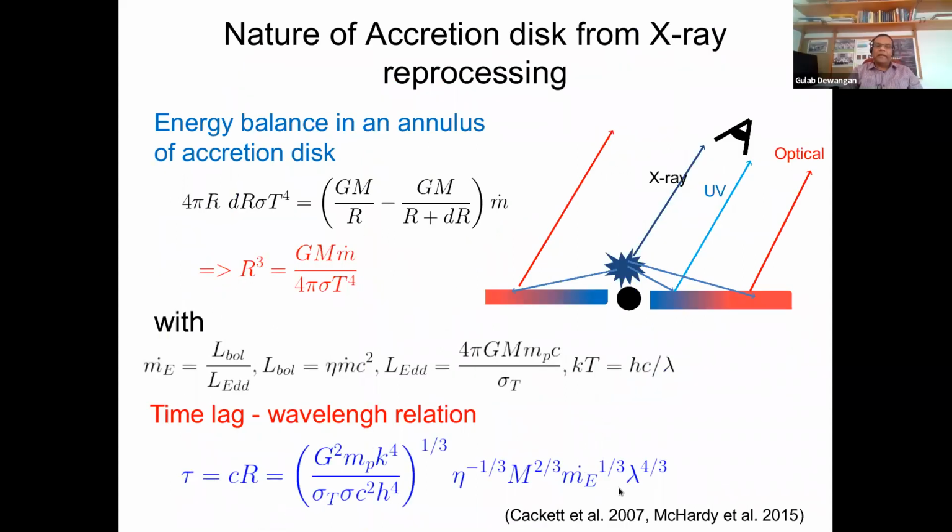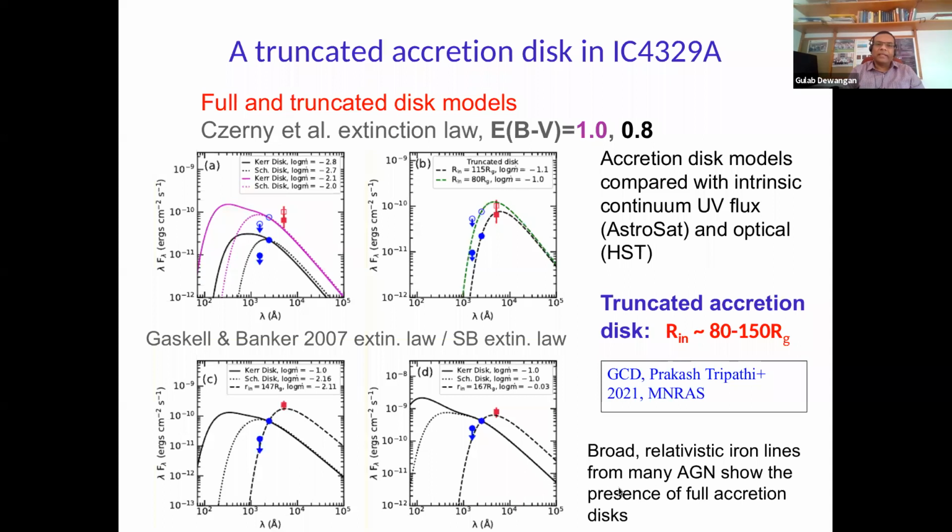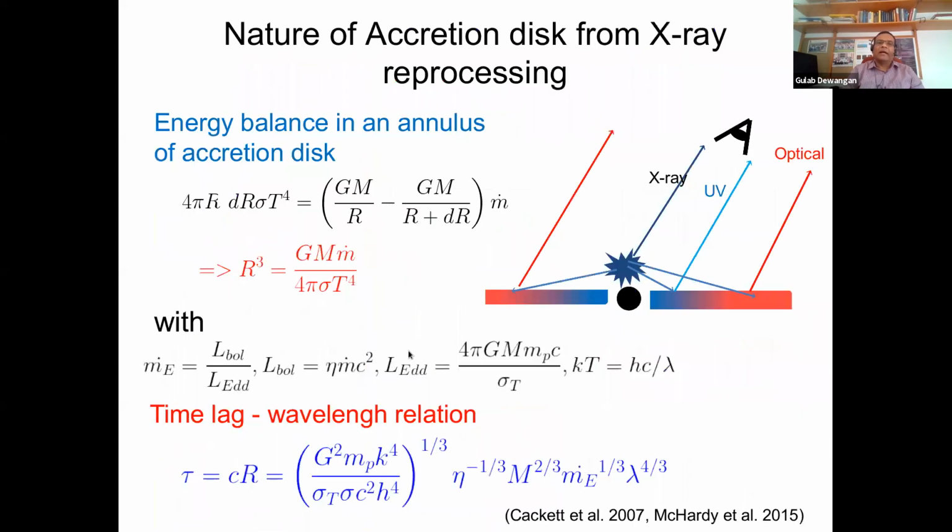Okay, so in addition to using the intrinsic optical ultraviolet continuum to infer the nature of the accretion disk, one can actually use the reprocessed emission in a model-independent way to infer the nature of the accretion disk in the following way. So let's say we have this accretion disk around the black hole, and we have this hot corona which is illuminating this accretion disk, and some fraction of this illumination is getting absorbed and re-radiated in the